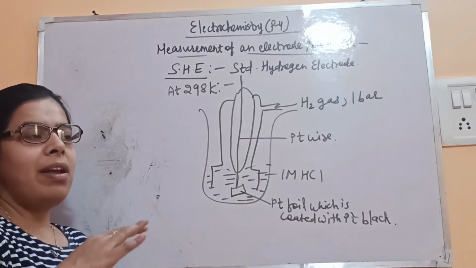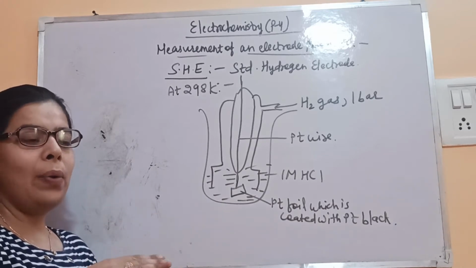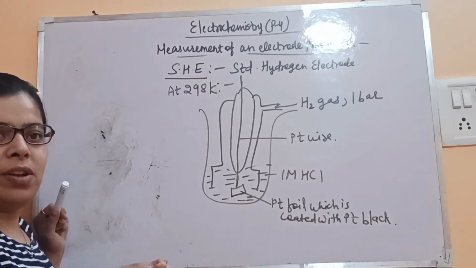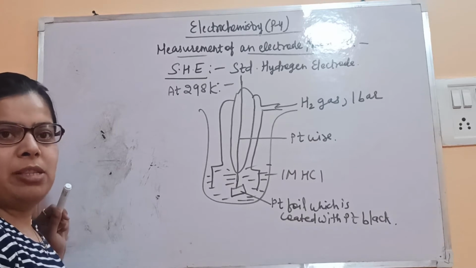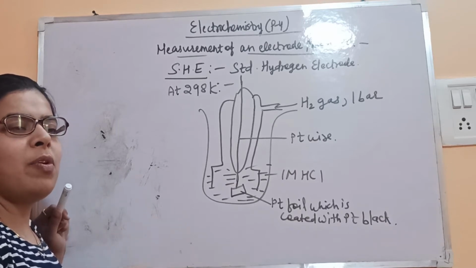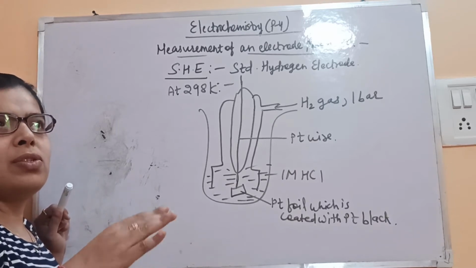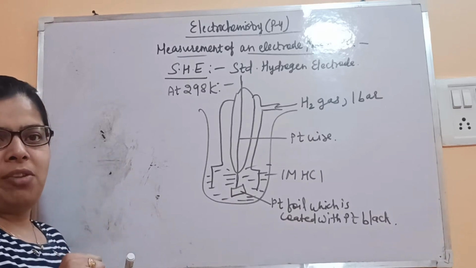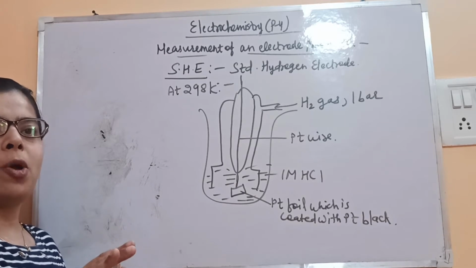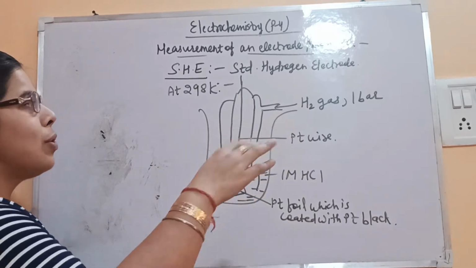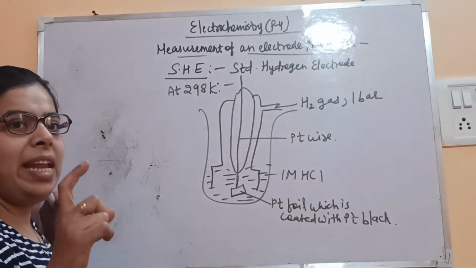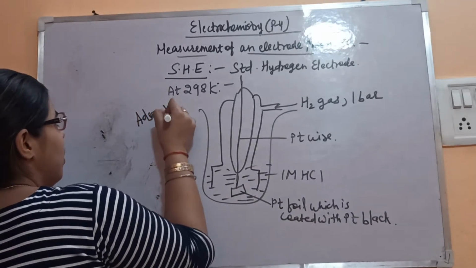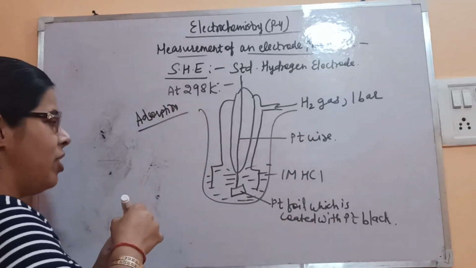Okay, and if they are working as a catalyst, how are they providing their surface for the reaction to take place? Generally, when metals provide the surface for reactions, one process is taking place: adsorption. One is absorption, that is a bulk phenomenon that takes place throughout the solution. But adsorption takes place only on the surface of the molecule.